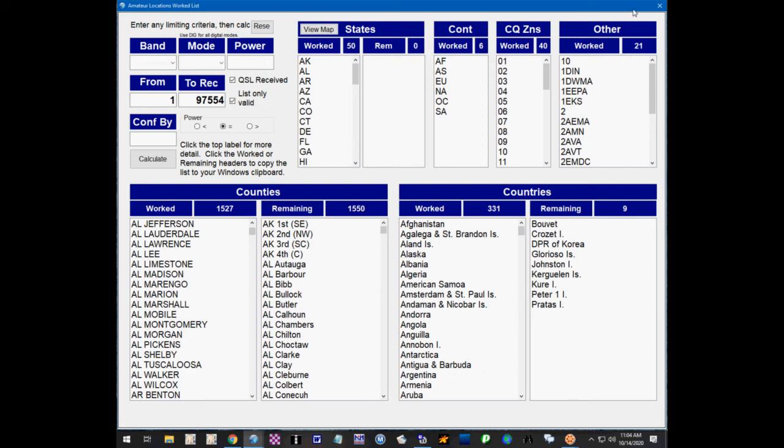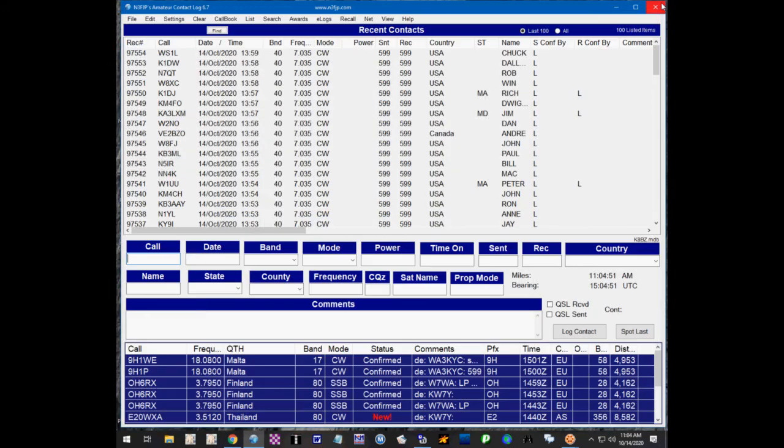So anyway, that's the Logbook of the World portion. This is not a tutorial on everything to do with Logbook of the World. It's just showing you how easy it is once you're registered with Logbook of the World to send and receive your